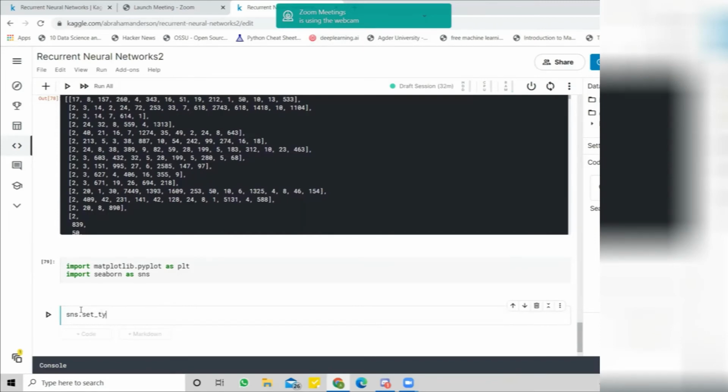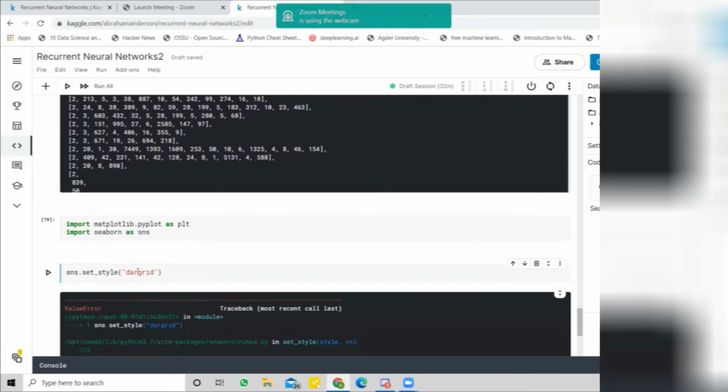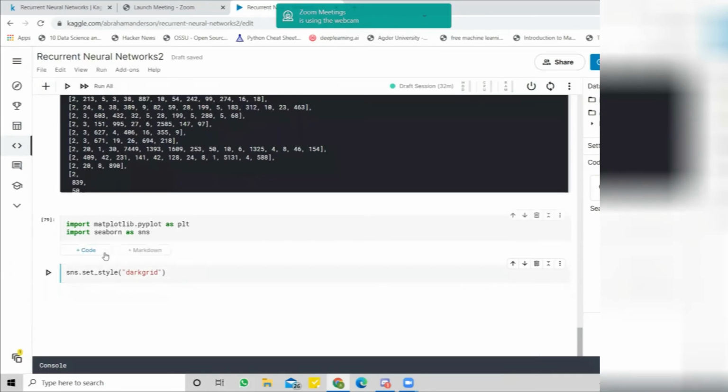This will use a good style. Let's use darkgrid. It will create a background inside our visualization. Yes, and after that,